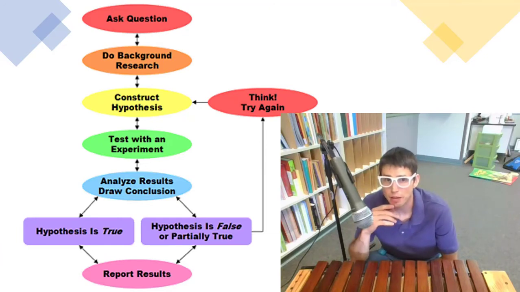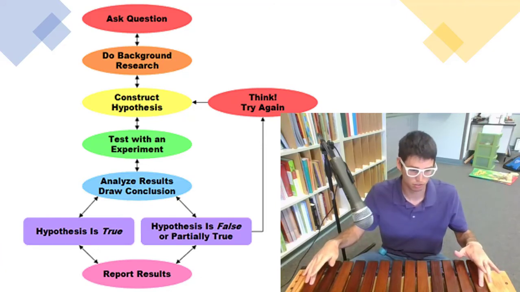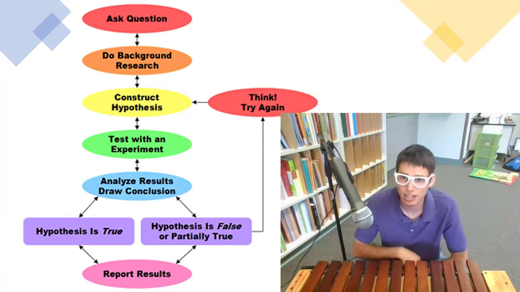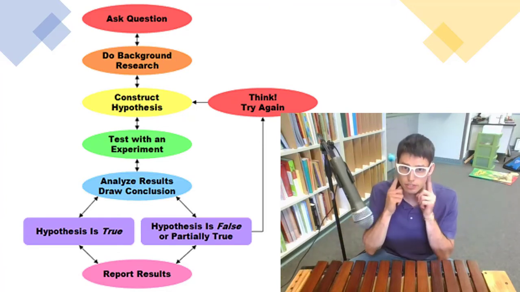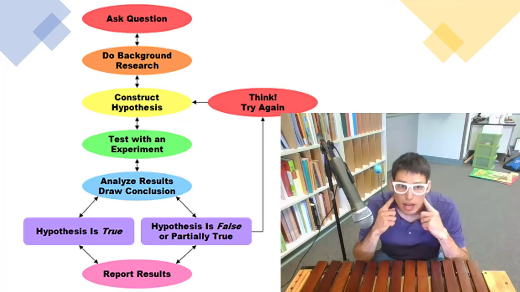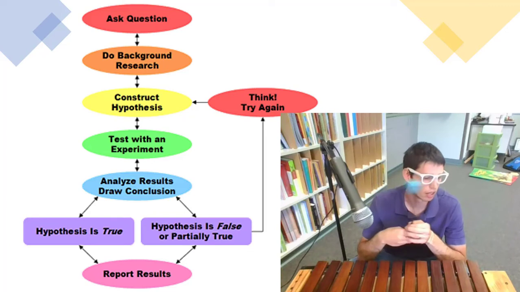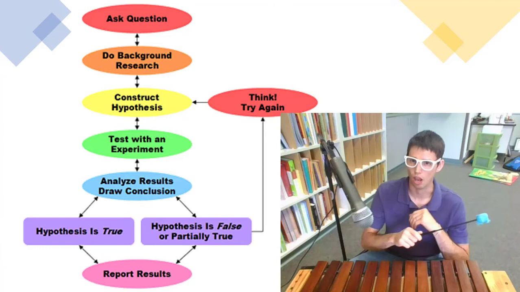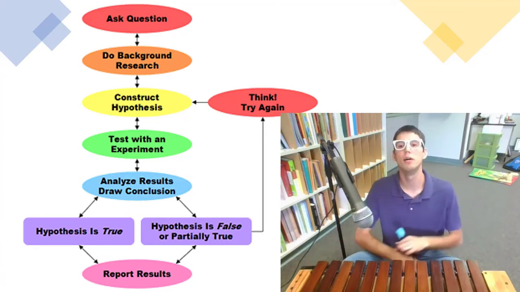I had you guys make your own hypothesis, which was what's going to be the difference in the sound between this bar and that bar. You came up with your own guess. I don't know what it was, but we tested it out. I made the sounds. And you listened to the results. And by listening, you were analyzing. And then whether you were right or wrong, we didn't really have a way to re-experiment. But the correct answer between those two is that the bigger one is lower and the smaller one is higher. So we're finding different lows and highs.